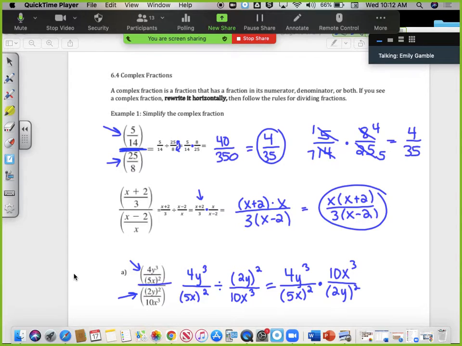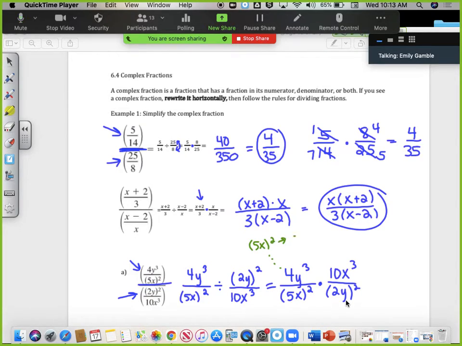Now this problem is interesting because this is going to bring back some stuff that we haven't seen in a while with simplifying exponents. So in the denominators here and here, in order for us to be able to cancel anything out, we have to use some exponent rules that we haven't seen in a while. 5x squared, so if I just do a little bit of side work right here,